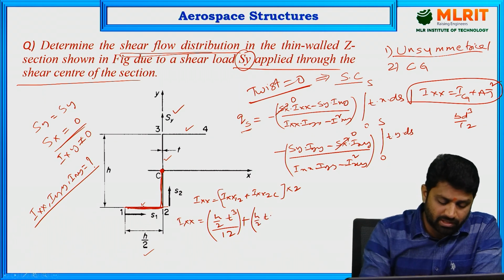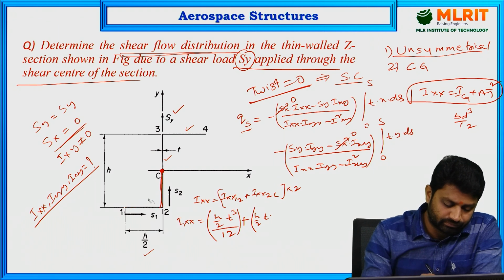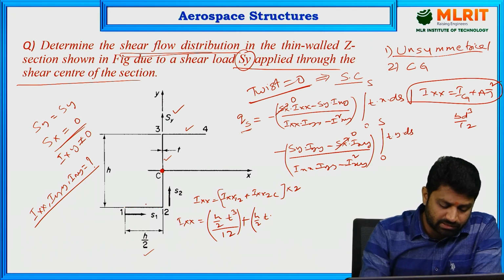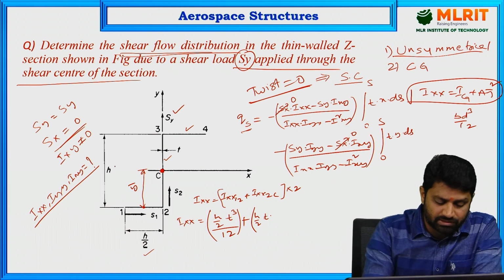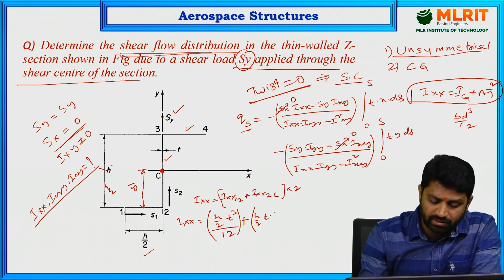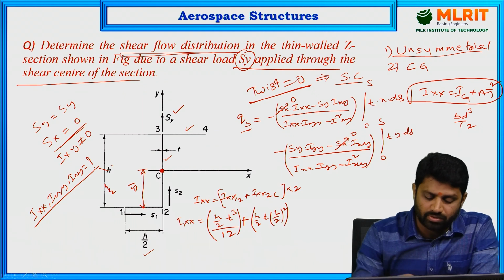Now what is y bar? What is y bar? The distance from the first figure centroid to the total figure centroid. So from here to here is y bar, which is nothing but h by 2, half of the distance. So here you are writing h by 2 whole square, plus